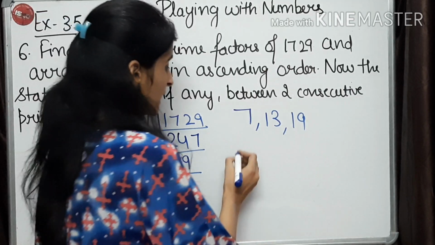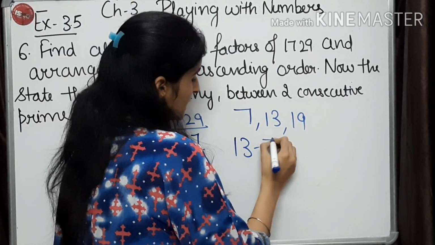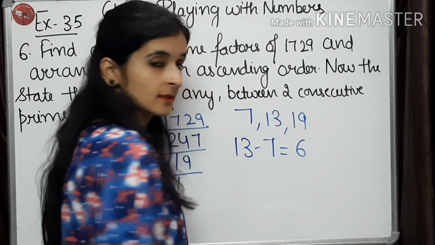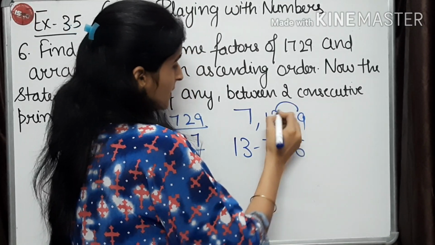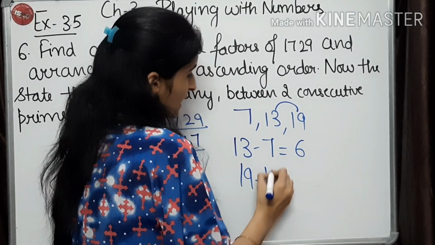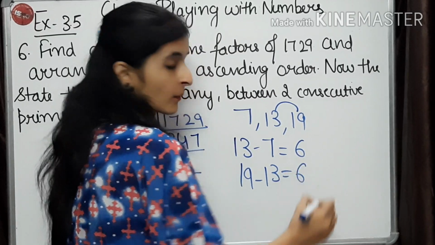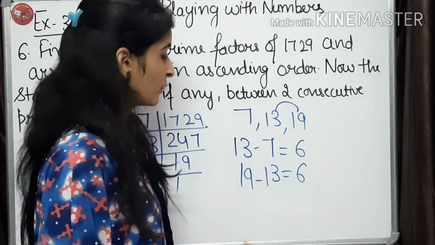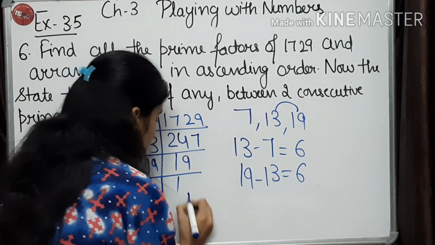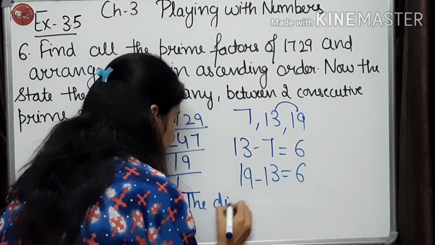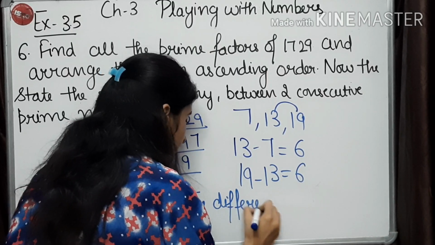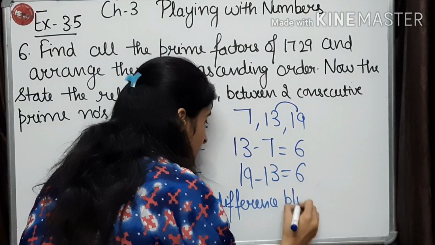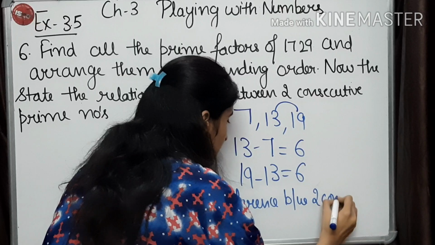As you all can see, 13 minus 7 is 6. Likewise 19 minus 13 is 6. So both the differences are the same. So what will be the relation? The difference between two consecutive prime